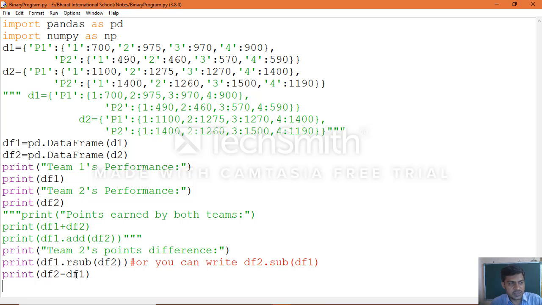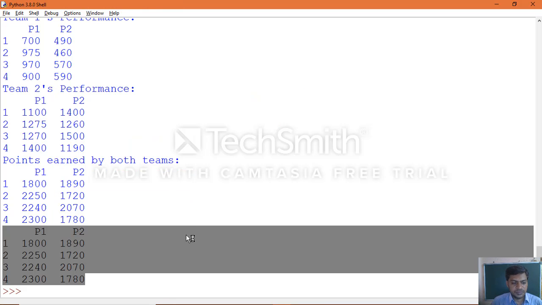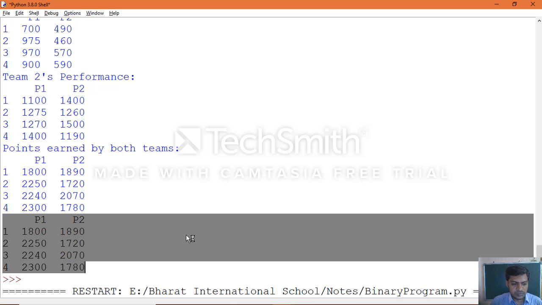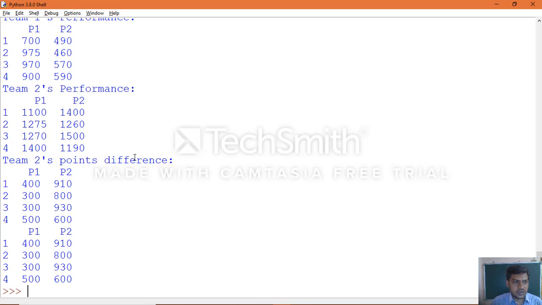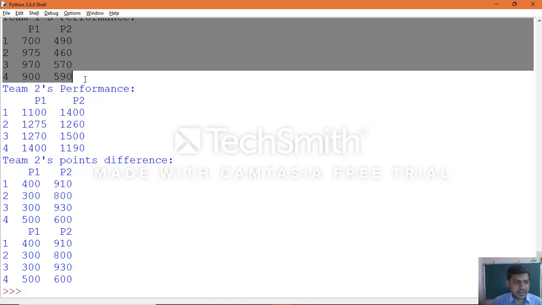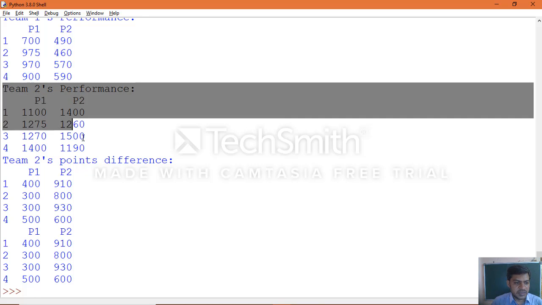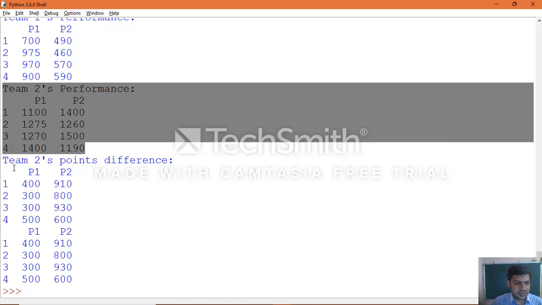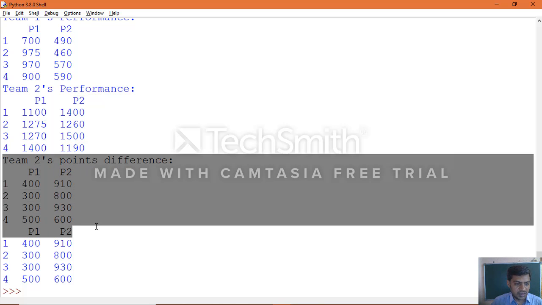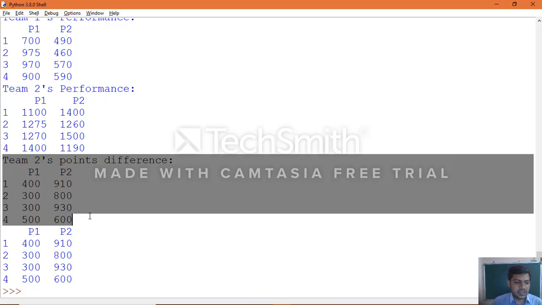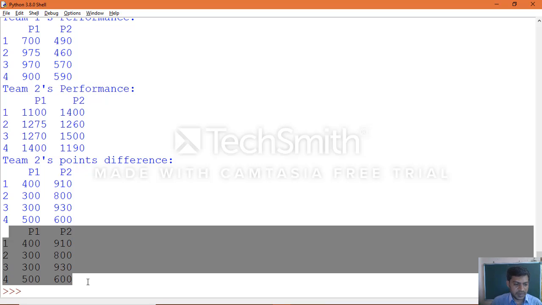Save whatever changes we made in the application. Click run, then run module. Now we'll see team 1 performance, that is the data frame and the information it contains, team 2 performance, and the difference which we calculated, normal by using the function reverse subtraction, and by using normal subtraction with the minus operator.